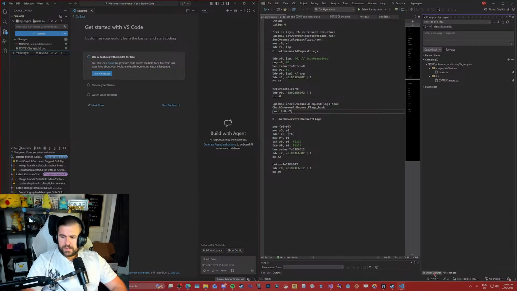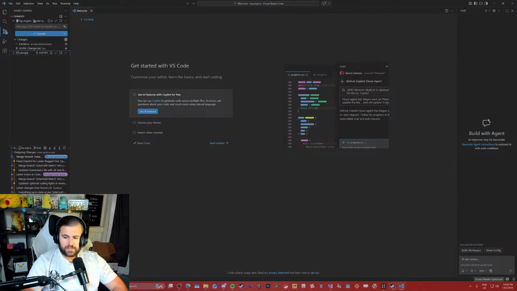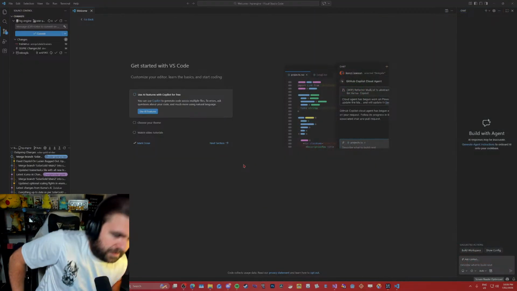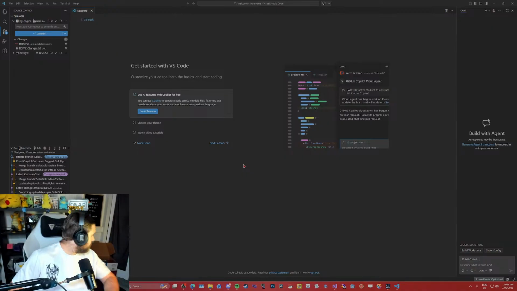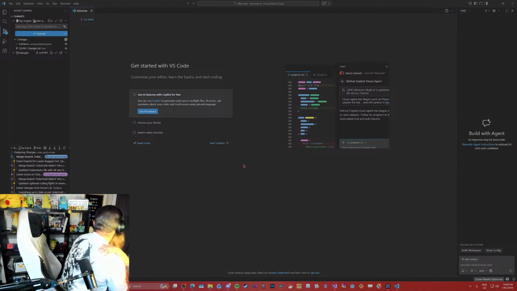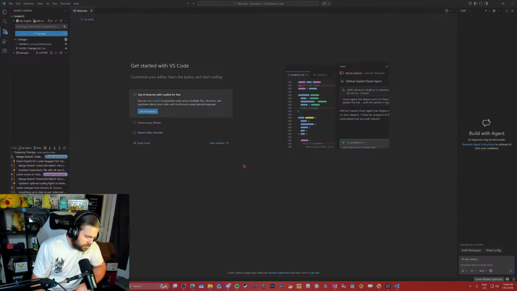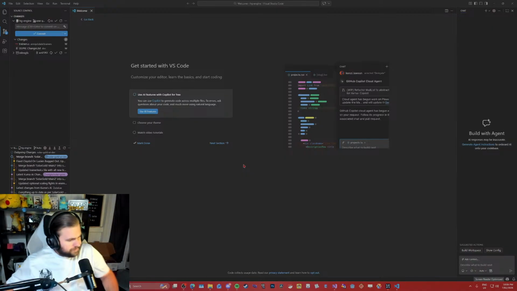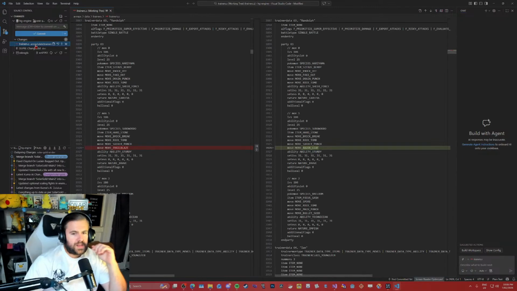Okay, let's just leave this over here for now. Let's make this full screen so I can actually look at what I'm doing. I need to familiarize myself with the UI. Okay, so you don't have to double click on it.